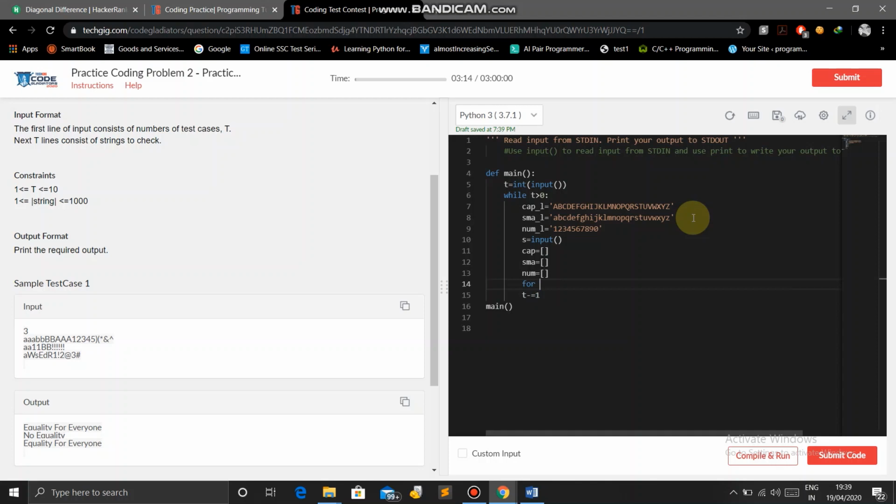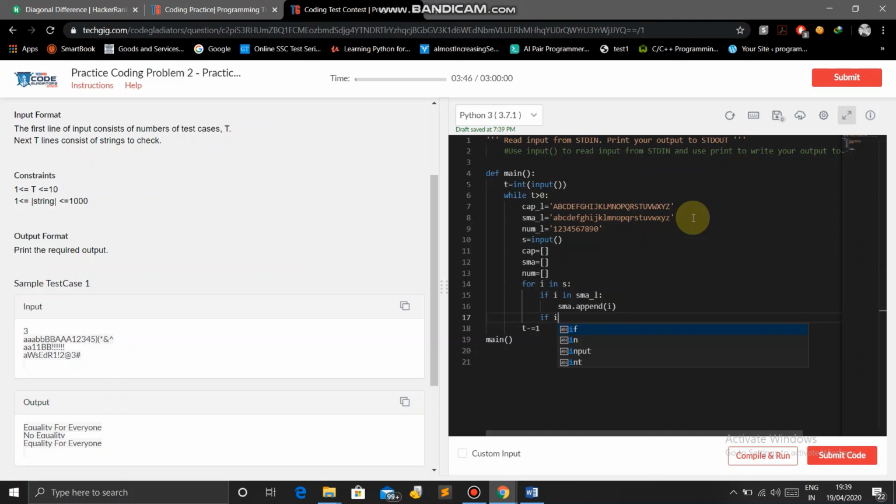Now create a for loop: for i in S, if i is present in the small letters, then we will push that letter into the small list, that is sma.append. We will append that character in the small list.